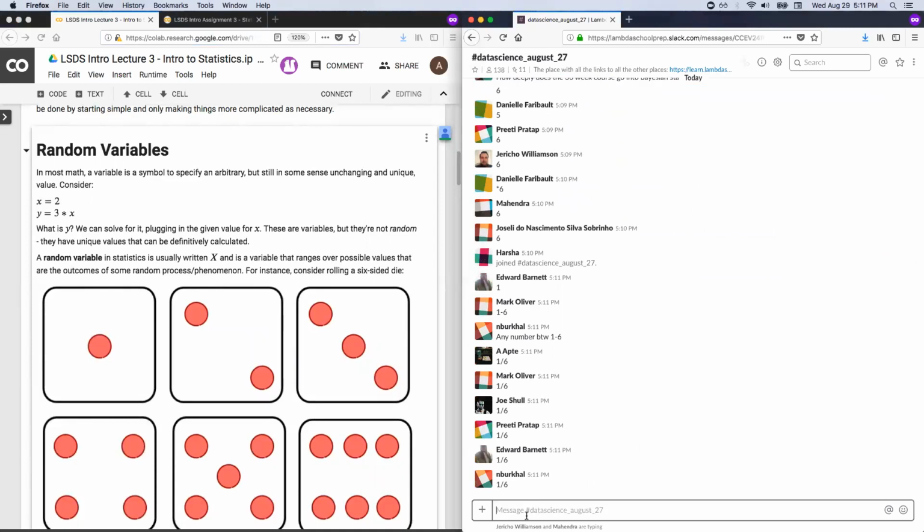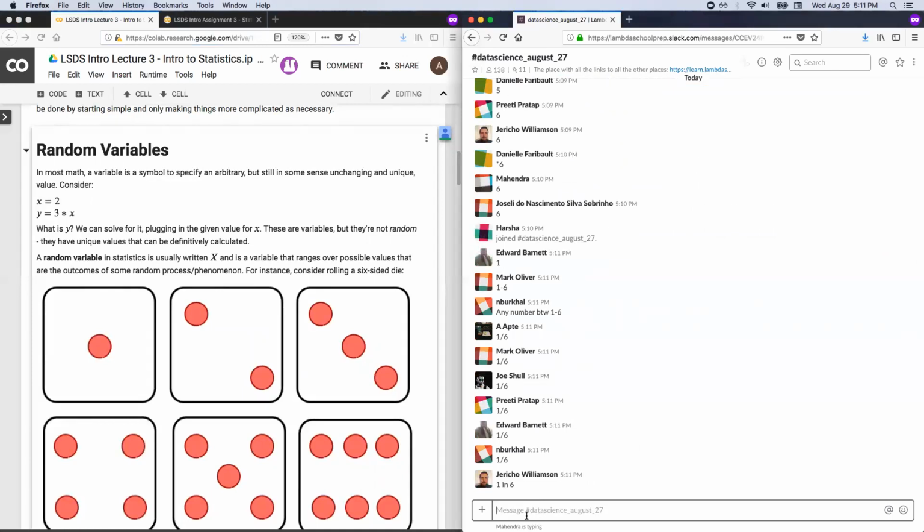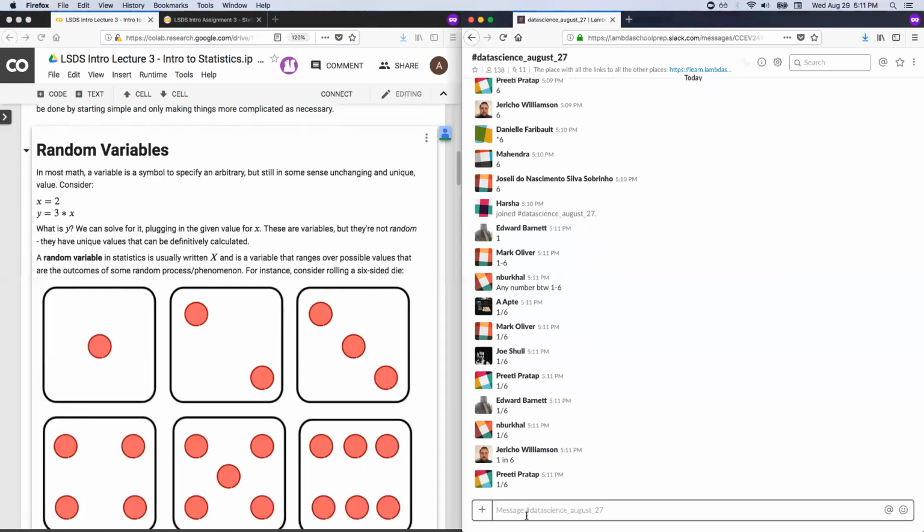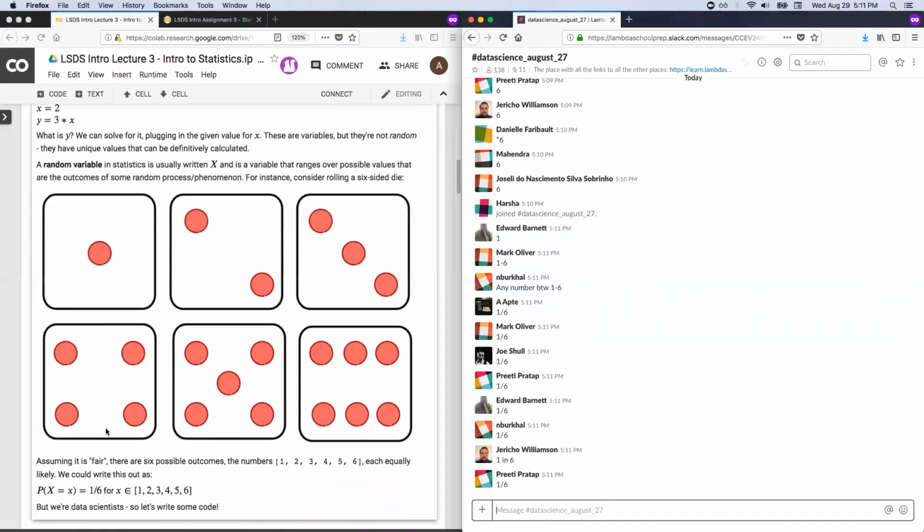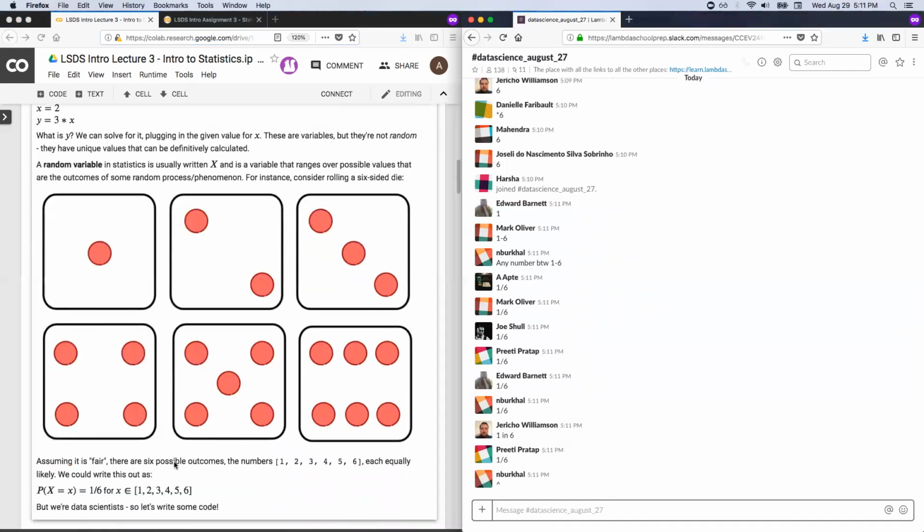Yes. What's the chance that I'll see the number 2? Yeah, you can keep just saying 1/6, right? It's the same for all of it, assuming, of course, a fair dice. So that's essentially what I say down here, right? Assuming it's fair, there are 6 outcomes, and we can just enumerate them.